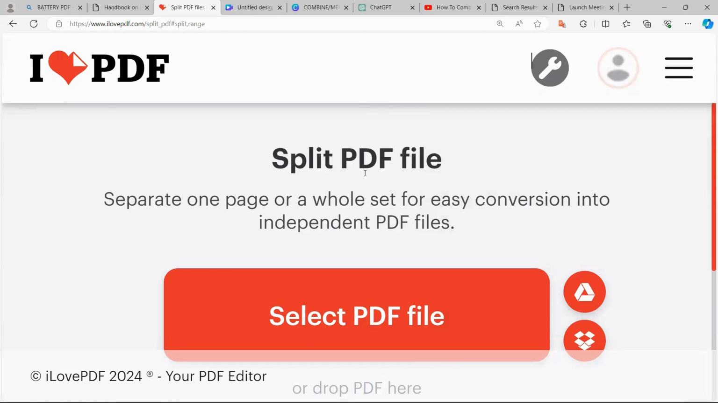Hello guys, in this video we are going to navigate on how to split PDF files. We can split PDF files into so many pages. It's up to you to know which page you want to split to. So this is